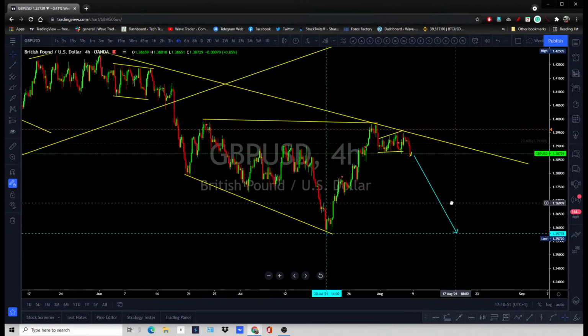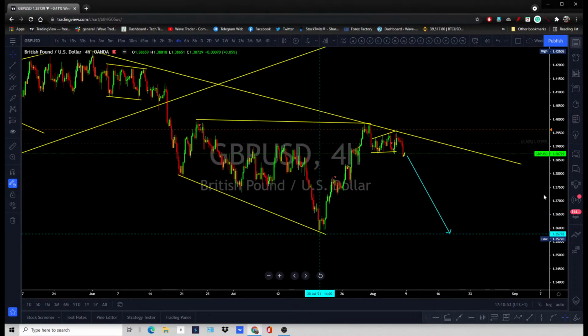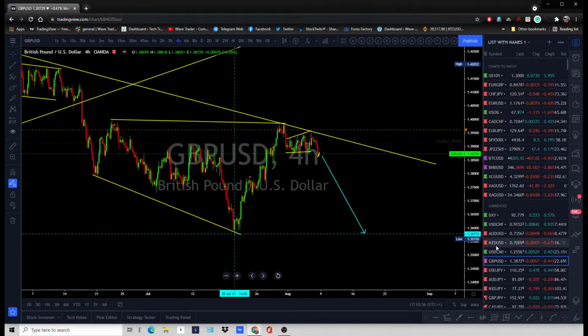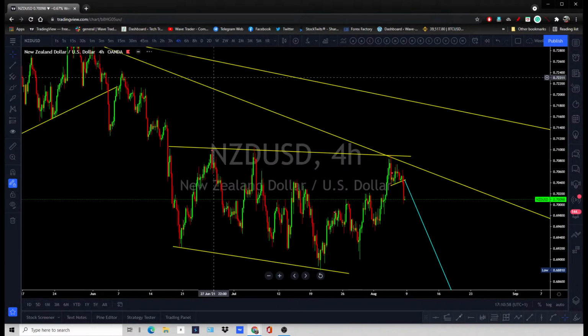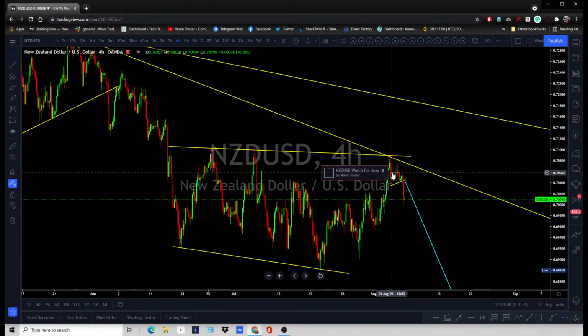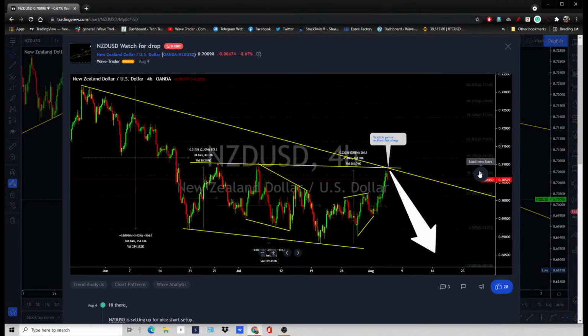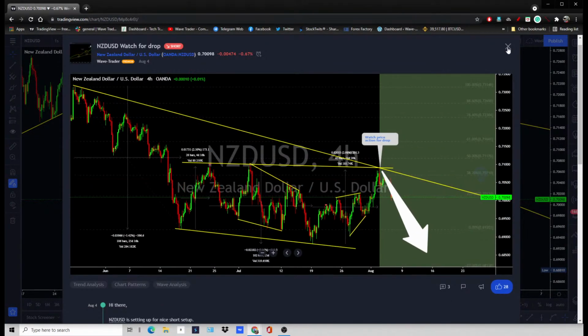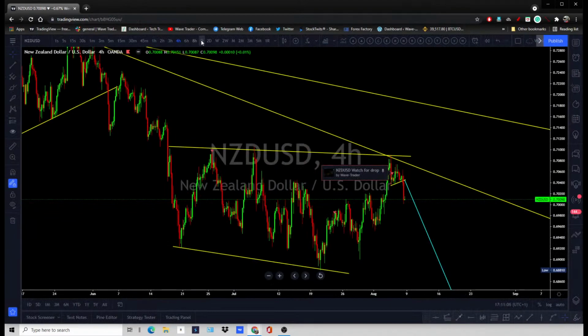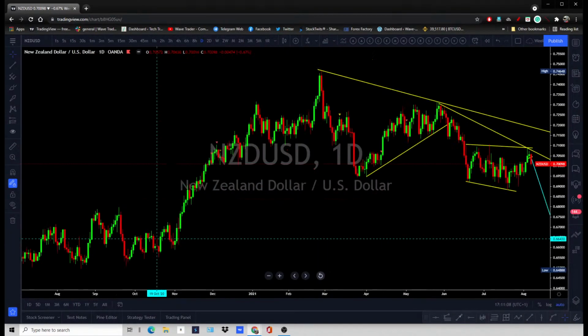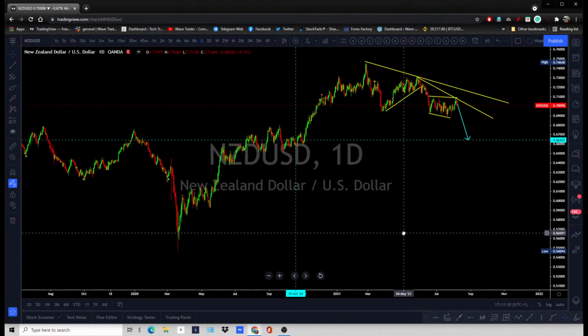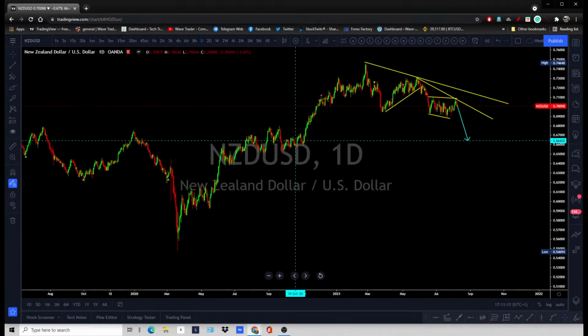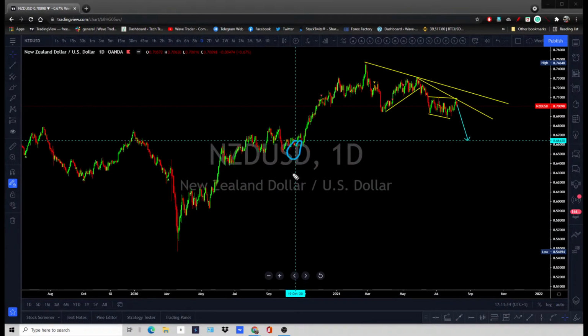Okay, so that chart is still there, so you can catch that. Okay, another one is the New Zealand dollar. All right, so this chart is still there. You can chase that. If I'm going to look at the bigger time frame analysis, you're looking for this to drag lower all the way up to the 19 or 20 October lows, so you still can catch that.